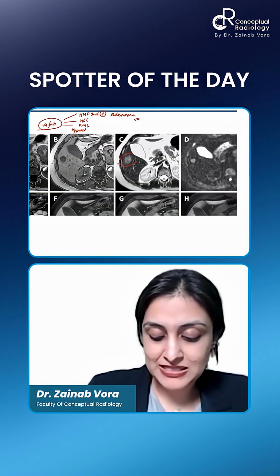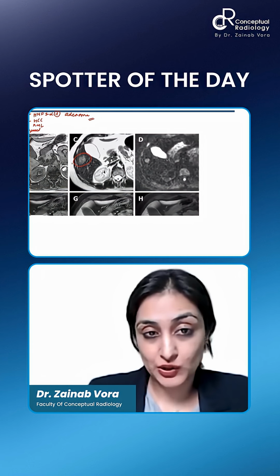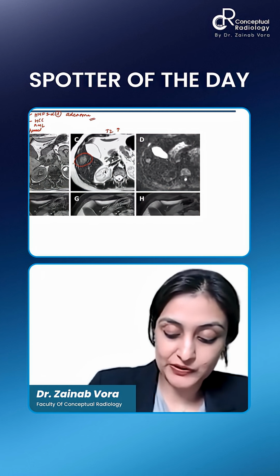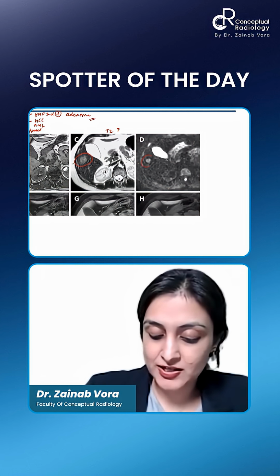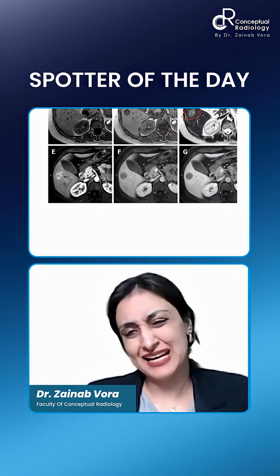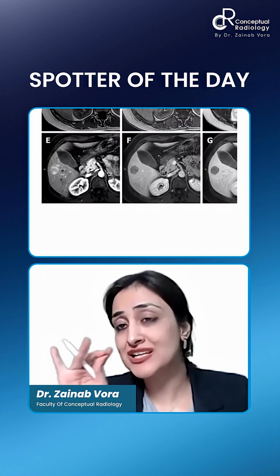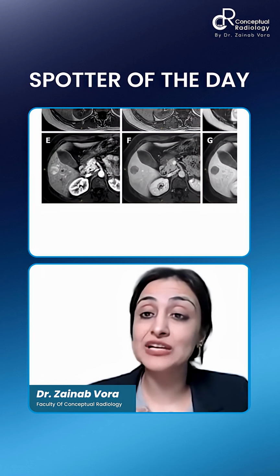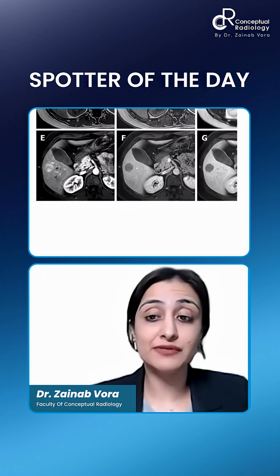What do we see? We see that it is mildly hyperintense on T2. So this is your T2 hyperintensity. What do you see? It does show hyperintensity on diffusion. Okay. Then, yeah, AML is macroscopic, but in the liver, there is little fat. It is not very grossly fatty. So in liver, we can also see.